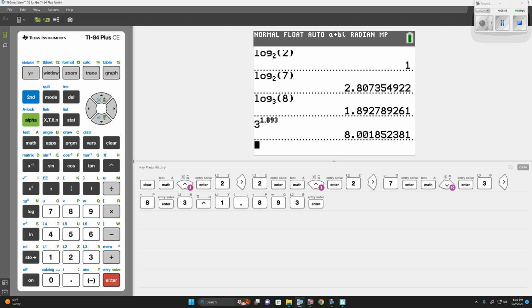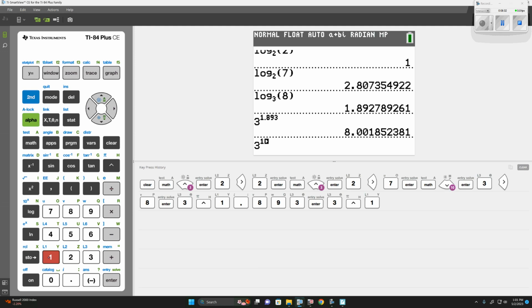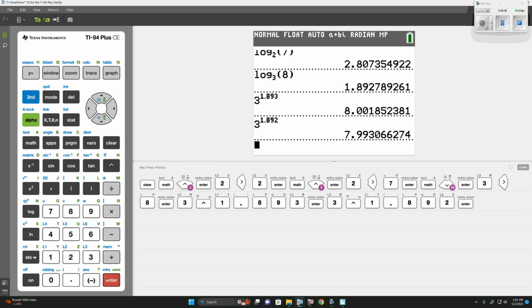A number close to 8. Now, we're not going to get exactly 8 because, again, log base 3 of 8 is not exactly 1.893. It is approximately 1.893. Because if we put 3 to the 1.892, which is a little bit closer, we do get a number closer to it. And if we keep going